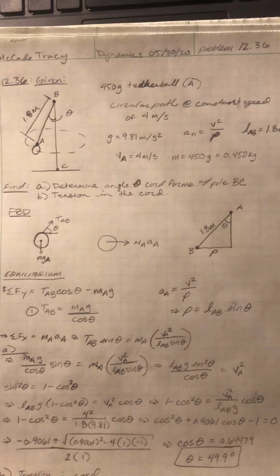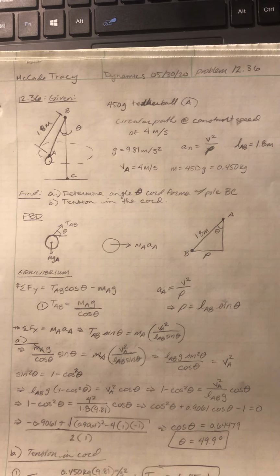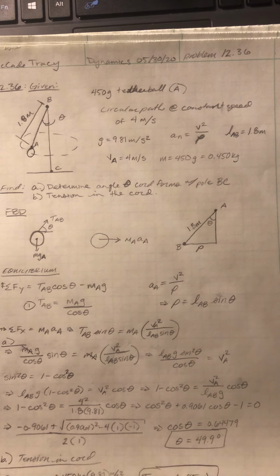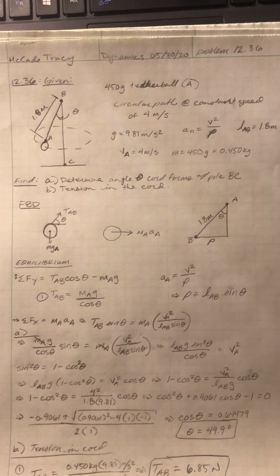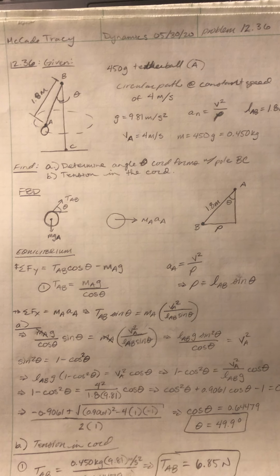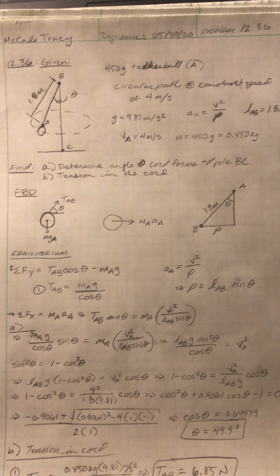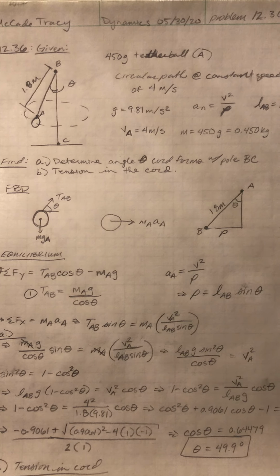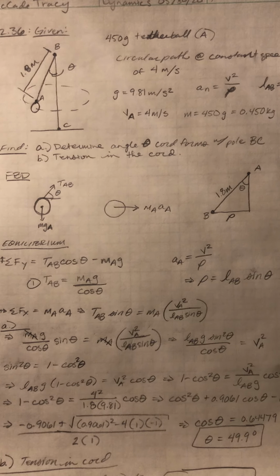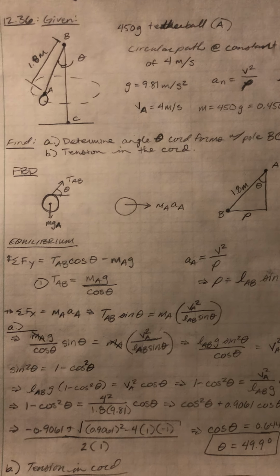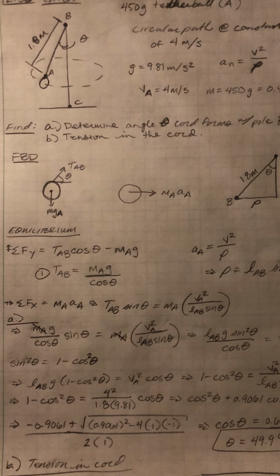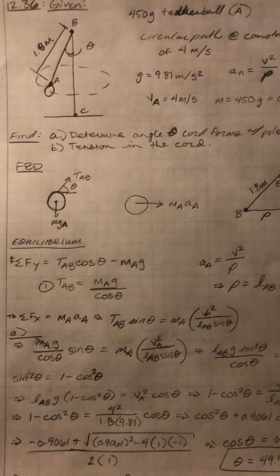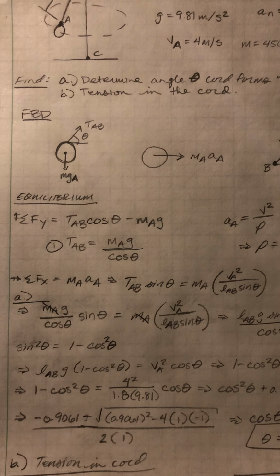In our next question, we have a tether ball that is spinning around in a circular motion. And we're being asked to find the angle that the cord forms with the pole, and also the tension of the cord. Again, using free body diagrams and our known equations from kinematics, setting an equilibrium point, we're able to find the tension of the cord,